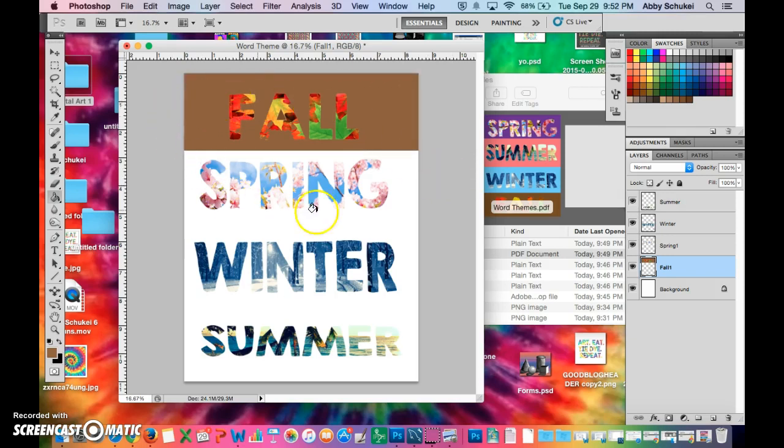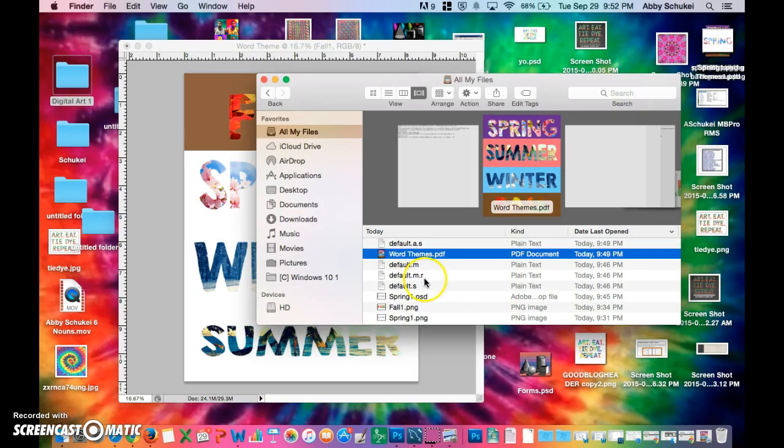Now, you are not just limited to using a solid color background. You can certainly use your gradients and play with some of those tools. You can also use another image to fill in the background, okay? And I can show you how to do that quickly, okay? So, let's say here I want the spring background to have another image that goes along with spring, okay? So I have another image here